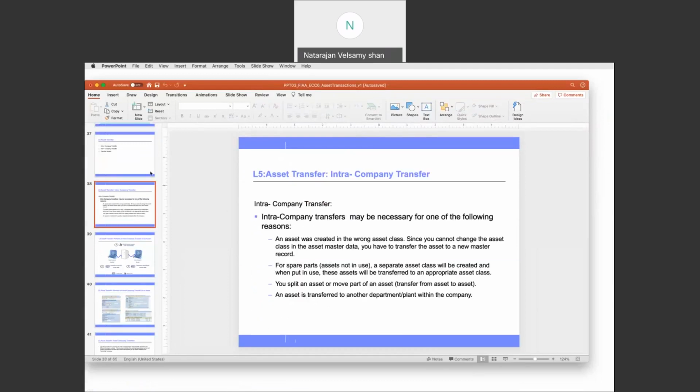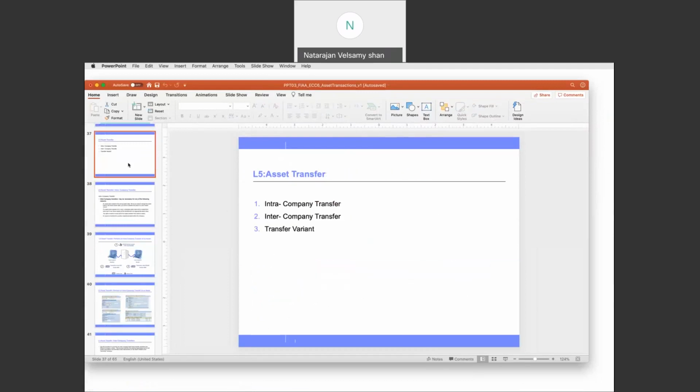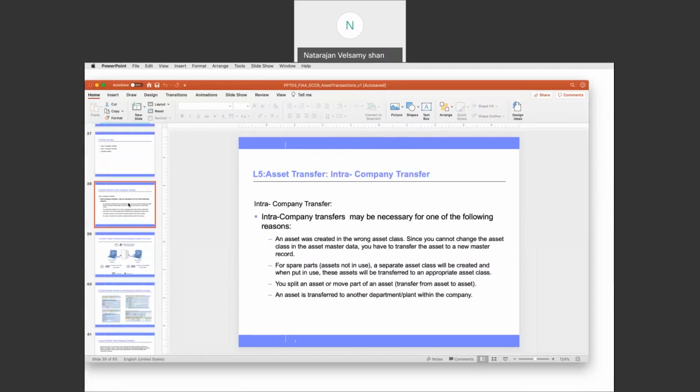In asset transfer we have intra-company transfer and transfer variant. Intra-company transfers may be necessary for one of the following reasons. Assets were created in the wrong asset class. Since you cannot change the asset class in the asset master data, you have to transfer the asset to a